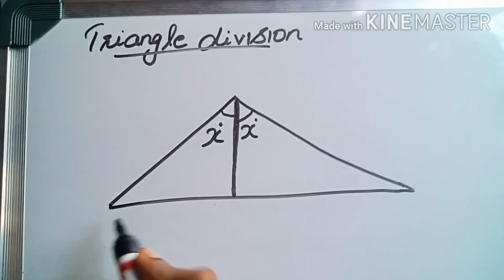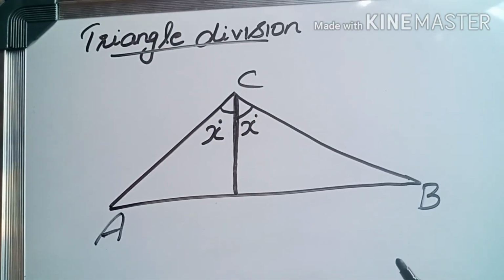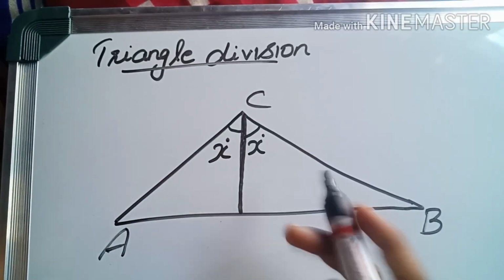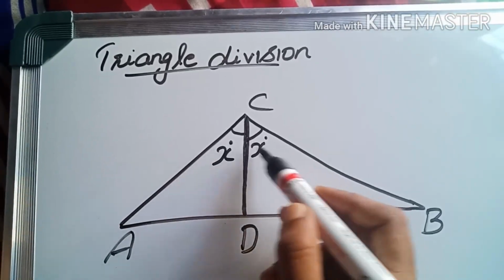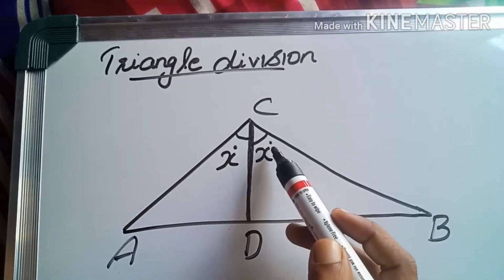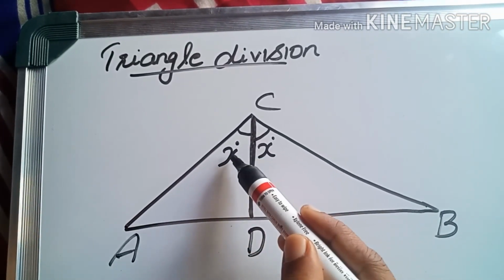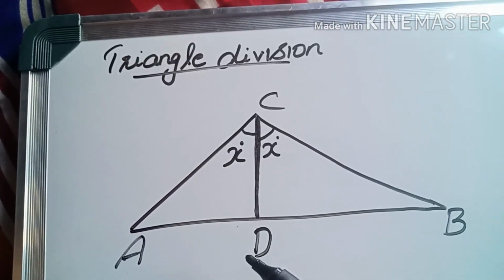Okay, here is the triangle ABC. In any triangle, the bisector of an angle. Okay, this line, this is the bisector. What do you mean by bisector? Bisector means that angle will divide into 2 equal halves. Whatever be the angle here, the same will be here also. So here x degree and x degree. CD is a bisector. In 8th standard we have learned this.